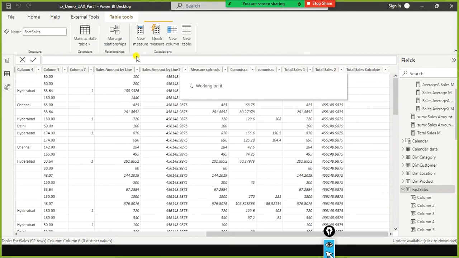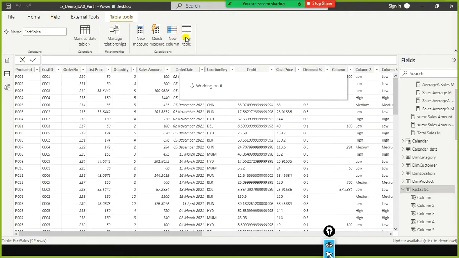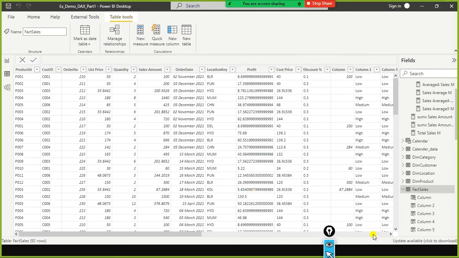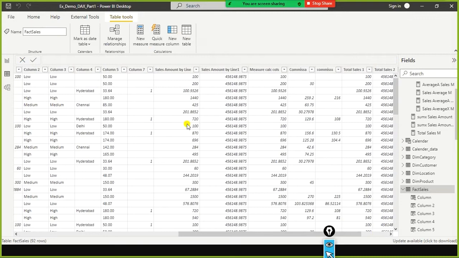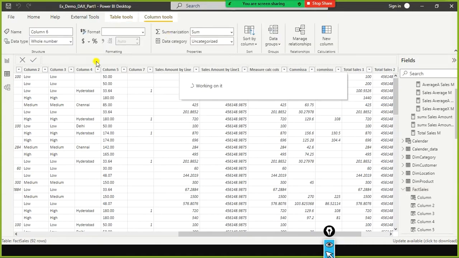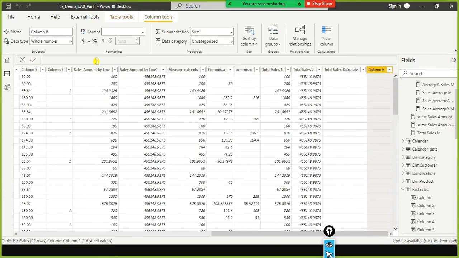Mistakenly I pressed enter. One second. So I just create a new column. Is the column there or gone? Yeah, so I just create a new column. I just say this new column is commission